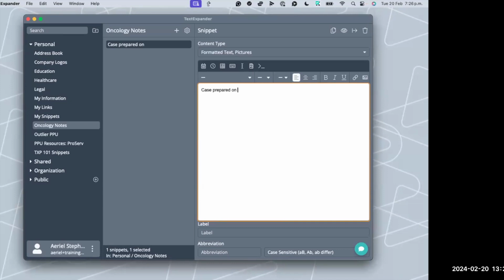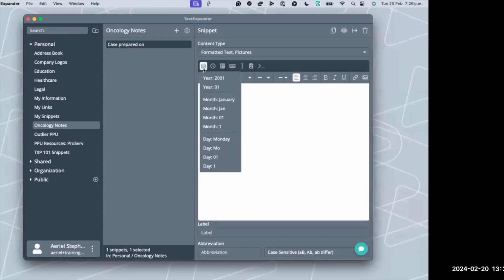So these are called date and time macros in TextExpander, and you can access these in the first row of your editing bar. You should see a calendar icon. That one's going to say date macros, and then you should see time macros here. So essentially that's going to save you some time from pulling the current date or current time, and it can give you some really accurate documentation on when certain things were filled out. So I'm going to create a date macro for basically today. So I'm going to click on this date macros button, and essentially you're presented with a lot of options here.